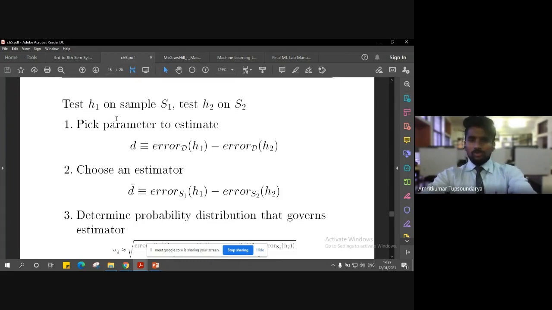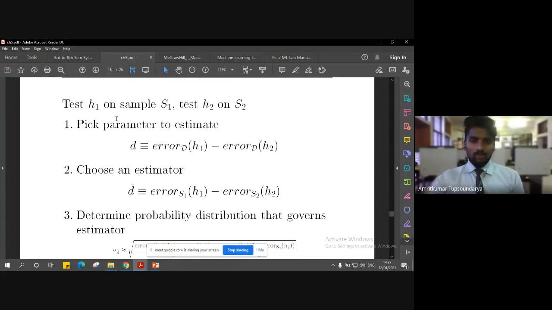So first thing is to pick the parameter which needs to be estimated. So we are going to first calculate the difference between the errors of these two hypotheses, H1 and H2. So once we have these errors, this is actually the true error.